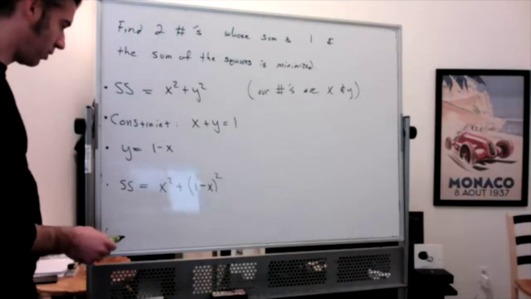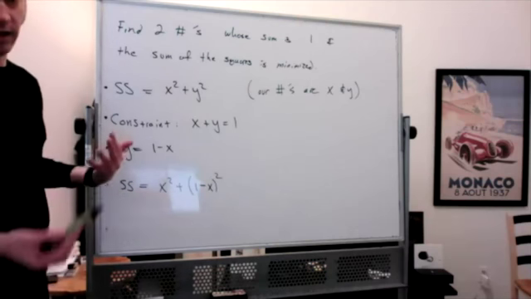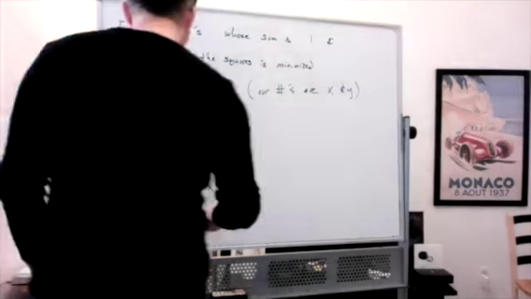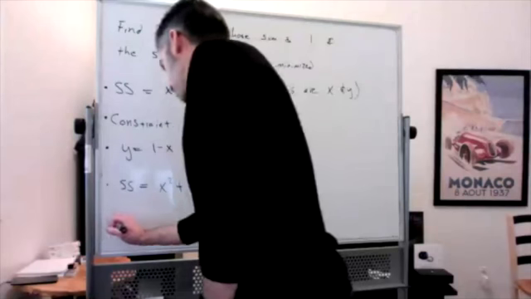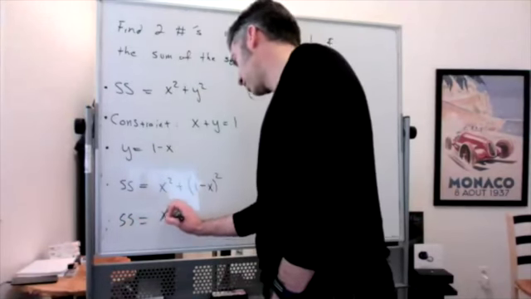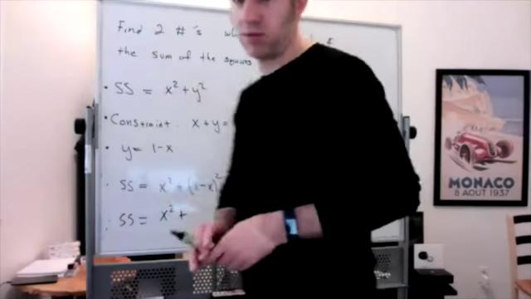And now we're going to expand this, right? Multiply it out so that it looks like something that's easier to deal with, a quadratic. So the sum of the squares is equal to, let's see, x squared plus, when I multiply out (1 minus x) squared,